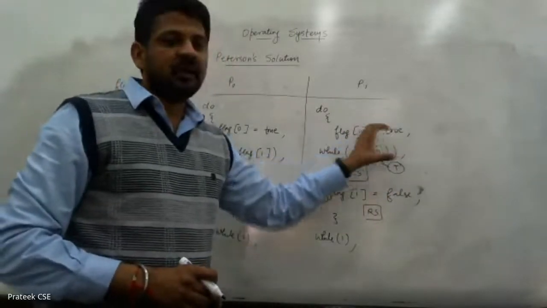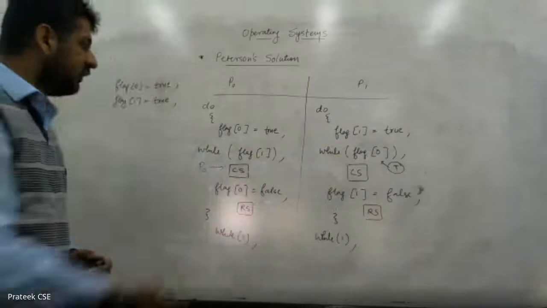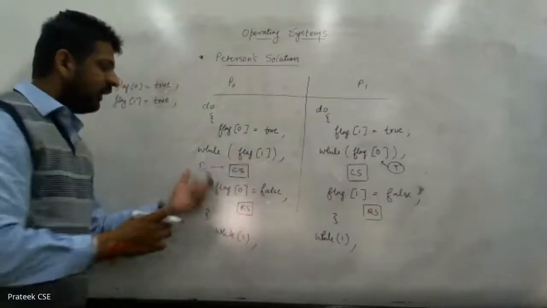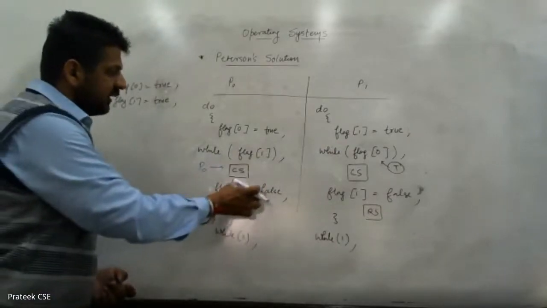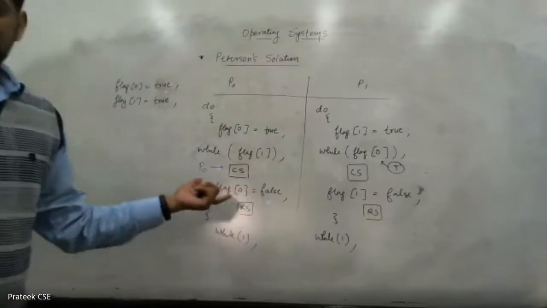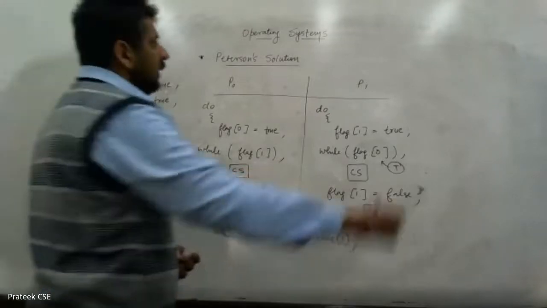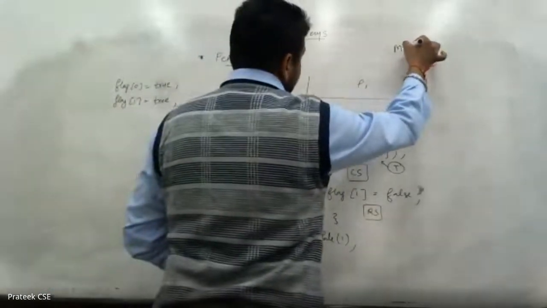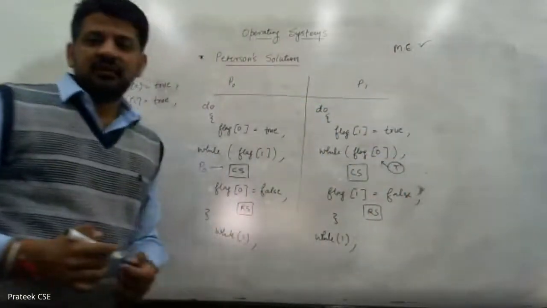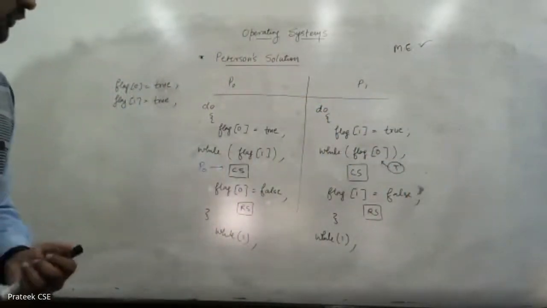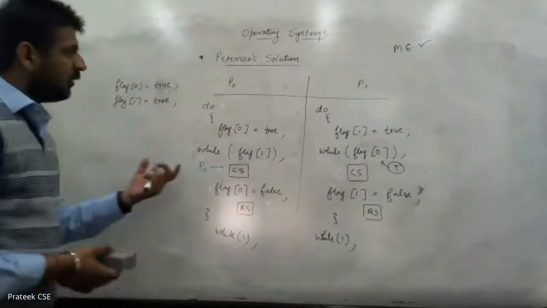तो P1 एंटर नहीं कर पाएगा क्रिटिकल सेक्शन के अंदर जब तक यहाँ से P0 एग्जिट नहीं होता, जब तक हम कह सकते हैं फ्लैग ऑफ जीरो को हम फॉल्स सेट नहीं कर सकते. सो दैट मींस इन दिस पर्टिकुलर सॉल्यूशन the mutual exclusion is achieved, which was the very first mandatory condition for